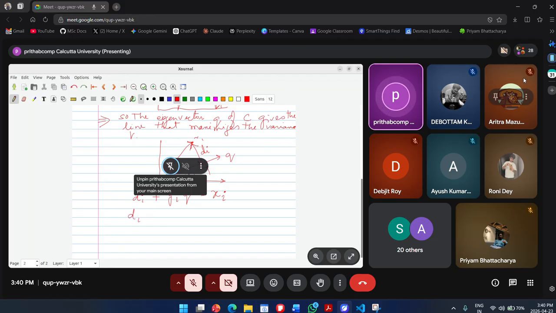So we started with this distance, minimizing this distance, right? That is where we started. And from there, we said minimization of this distance means actually maximization of this variance. And that way we came up with the formula for finding out the principal component. So let's look at it once again from that angle also. So now it becomes di equals xi minus yi into q, right? So now this distance,